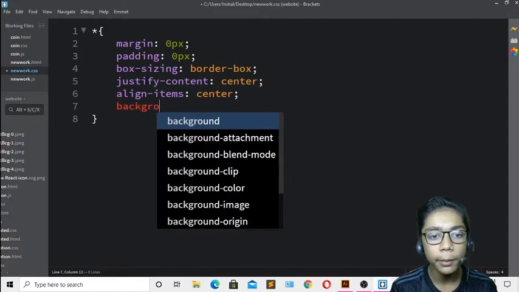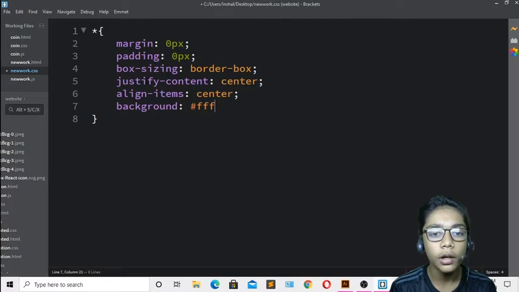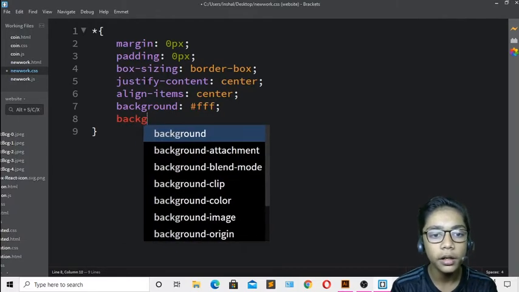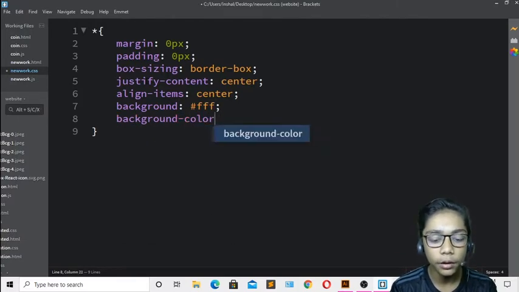Then come over here and write background should be white, because like I've shown you, there was not any background color, it was just only white color. So I will define only white color of background. Okay, so I will write over here background color, which should also be white.